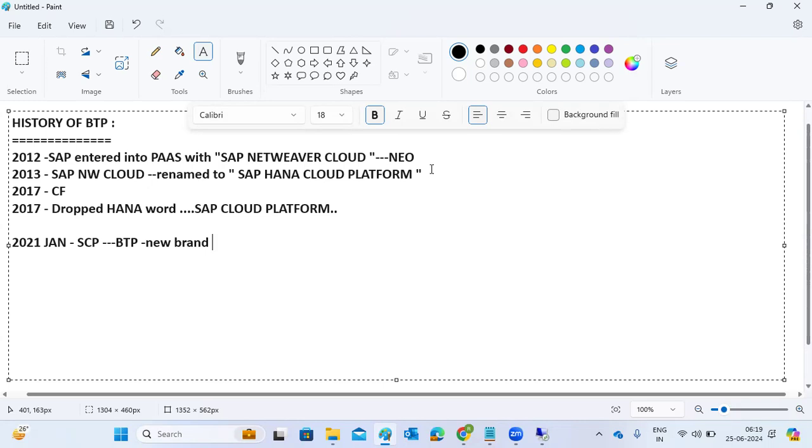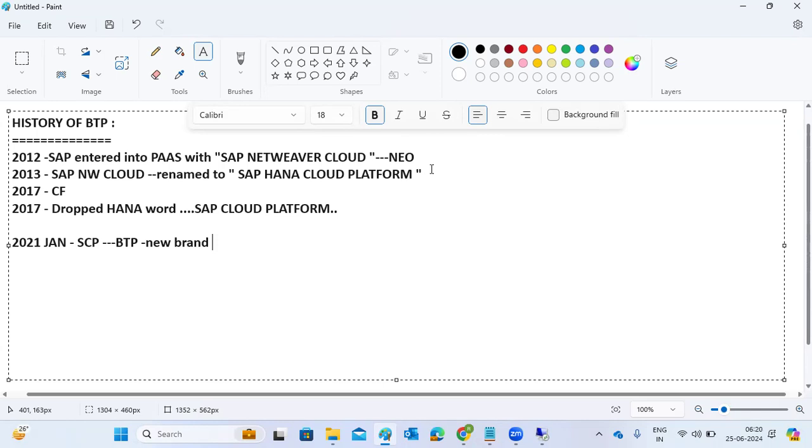So that's why they rebranded, to better represent their platform in the market, changing SAP Cloud Platform to BTP, Business Technology Platform. This helps new customers understand the platform.